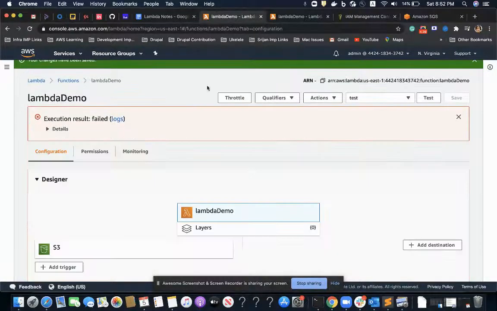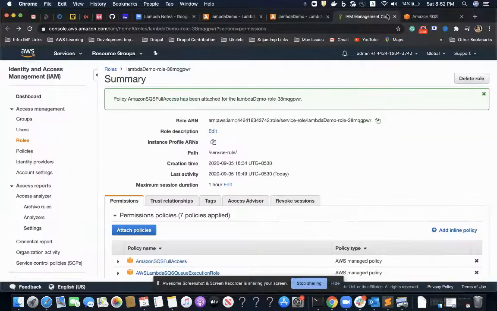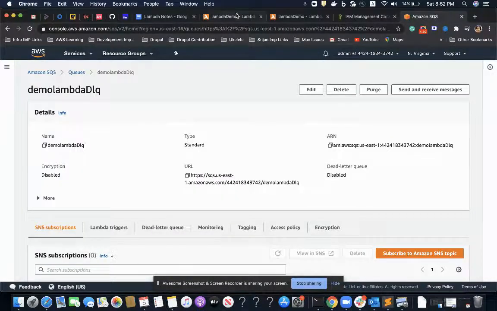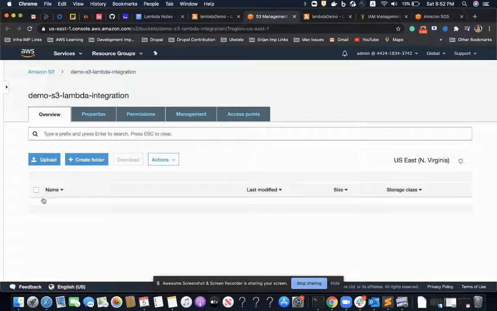Cool, it works. Since my Lambda function is integrated with S3 for receiving messages whenever anything gets uploaded onto my S3, I'll go to my S3 bucket and upload one image.